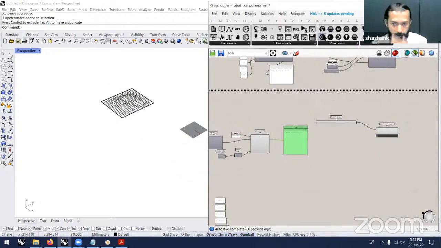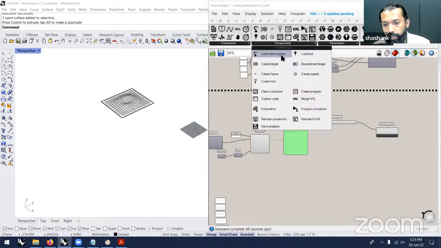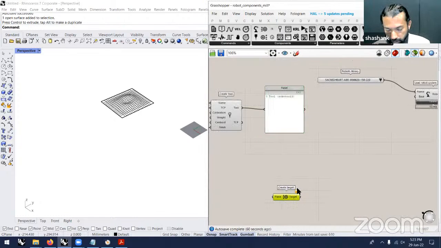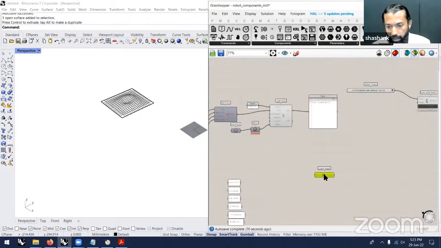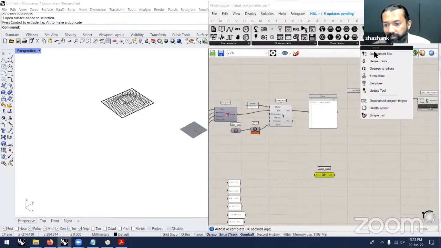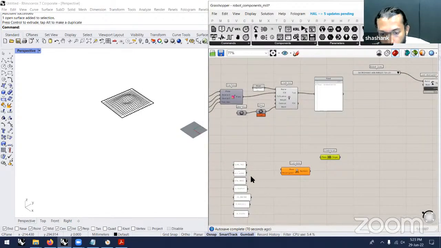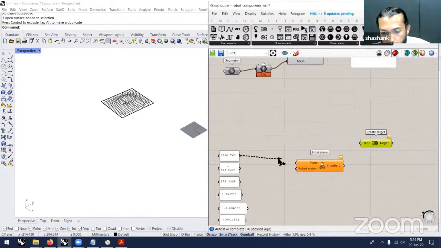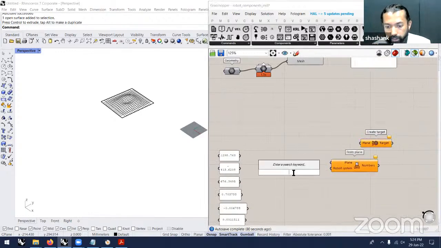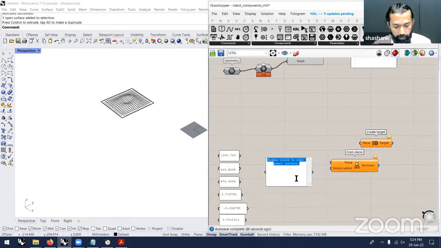Yeah, now what we need is to create our targets, and we also need to create our frame. So for a work object, we're going to create a frame robot system. In this we're just going to send in a single list of all different numbers. I'm just going to copy